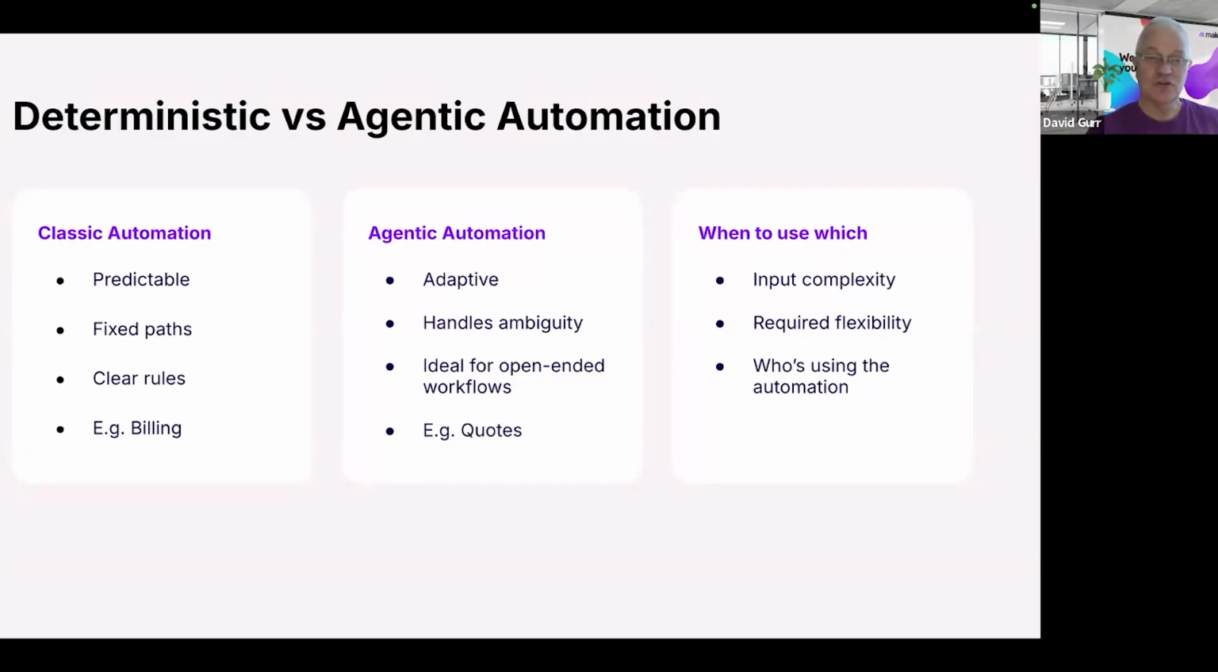Agentic automation is non-deterministic. The logic isn't fixed. It reacts to what the user says or needs. And this is better when inputs are open-ended or when you want your system to figure things out instead of being told